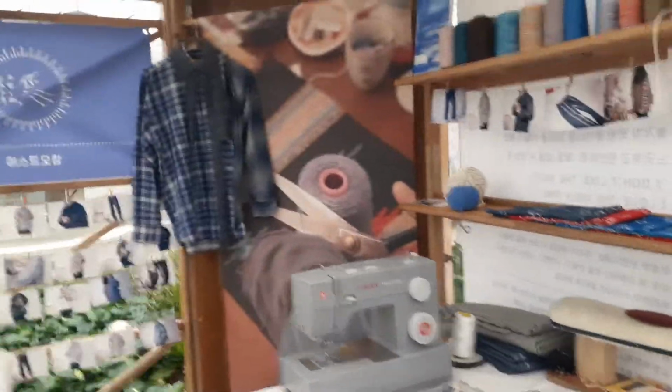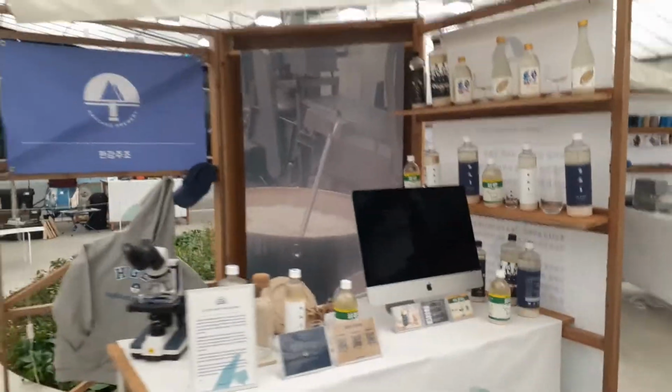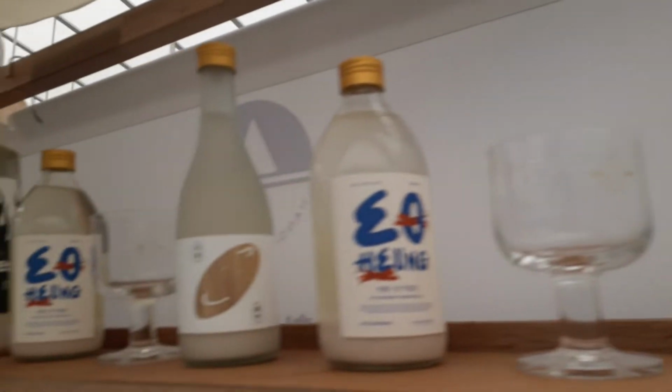So it's a clothes shop or tailor shop. Oh, sadly, they turned off the screen now because it's 30 minutes from closing of the shopping mall. But this is Hangang Brewery. And they have some makgeolli here. Makgeolli is the rice wine